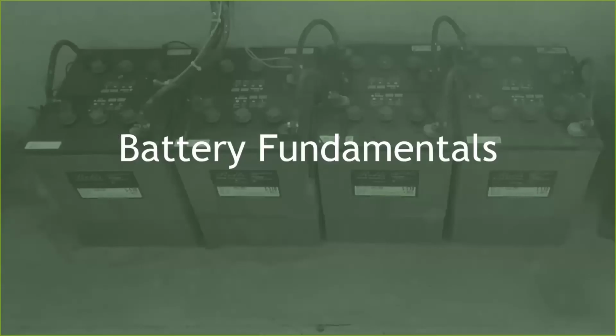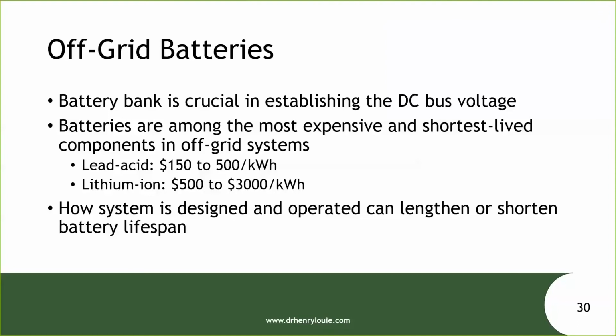Okay, so that's our energy conversion system. That's what provides energy to our off-grid system. We generally want to have batteries. In fact, we need to have batteries in solar-powered off-grid systems to stabilize the DC bus voltage and to allow us to produce power at night. So battery banks are very crucial. Don't overlook the engineering involved in selecting and designing the battery bank. Batteries are expensive, and they are usually the shortest lived component.